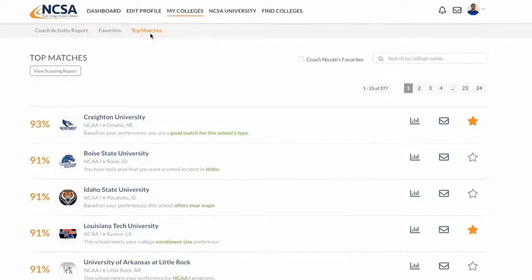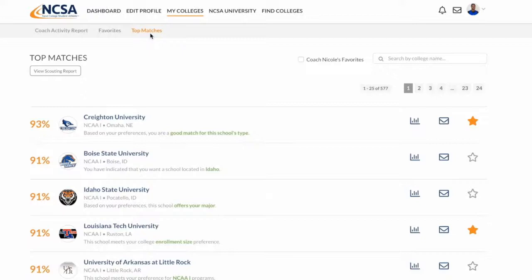Yeah, and for families that are trying to figure that out, we have some great technology in our NCSA database. So if you have a recruiting profile built with us for your student athlete, or if you're a student athlete, or you don't, you certainly want to create one. We're going to show a shot here, but the opportunity within our network to really set your preferences as a student athlete, that's going to help NCSA guide you in terms of what is a good match for myself as a student athlete. What am I looking for? But then also take into account what college coaches are looking for.